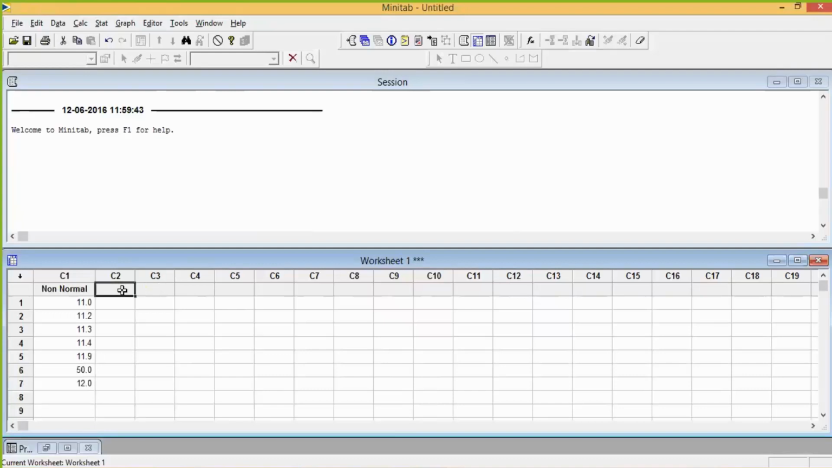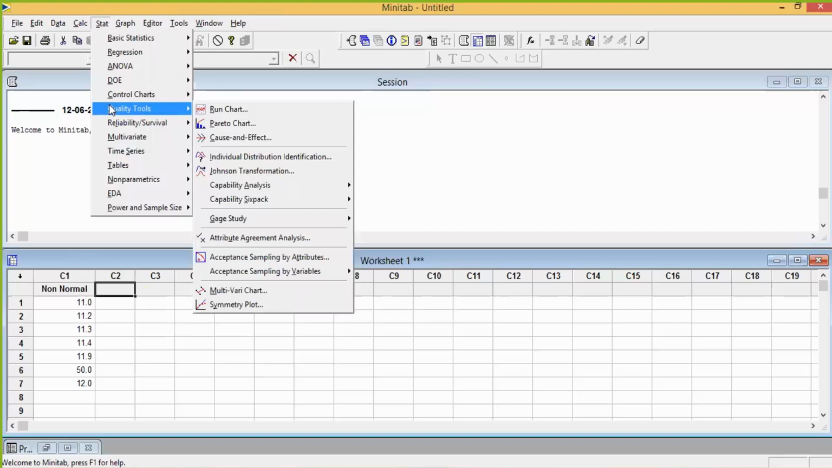What is this, Hina? This is non-normal data. Am I right? Are you following, Hina? Yes, sir. This is non-normal data. Why? Because there is a value called 50 here. Now what you do is go on Stat,